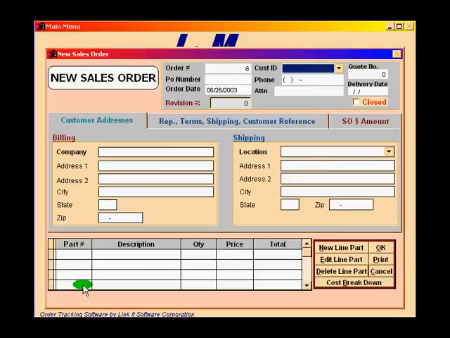When we click on the New button, we're taken to the New Sales Order screen, where we can simply select the customer we're creating this new sales order for by clicking on the down arrow next to the customer ID area, picking the customer. Their information all drops in here, and then we can create new line items on the sales order by clicking on new line item and developing the cost breakdown from the cost breakdown worksheet that is exactly like in the quotation area. So as you can see, a sales order can be created without having to go through the quote process. I will now click on cancel,